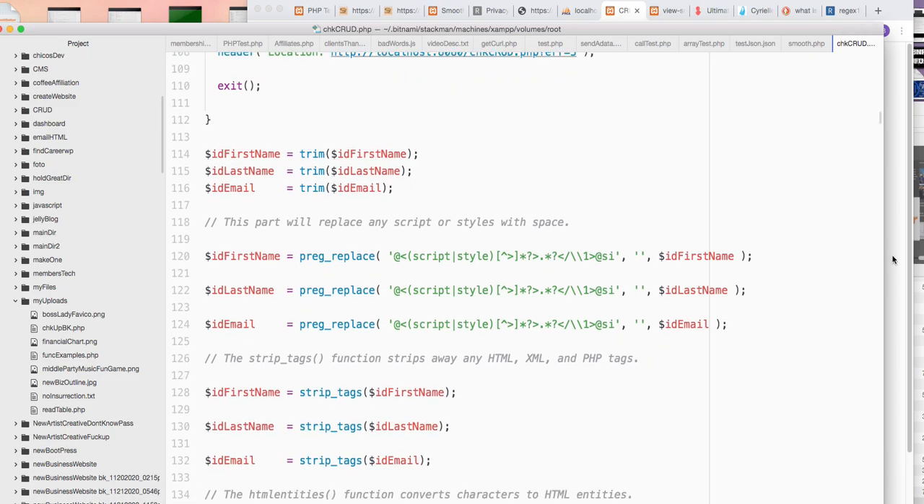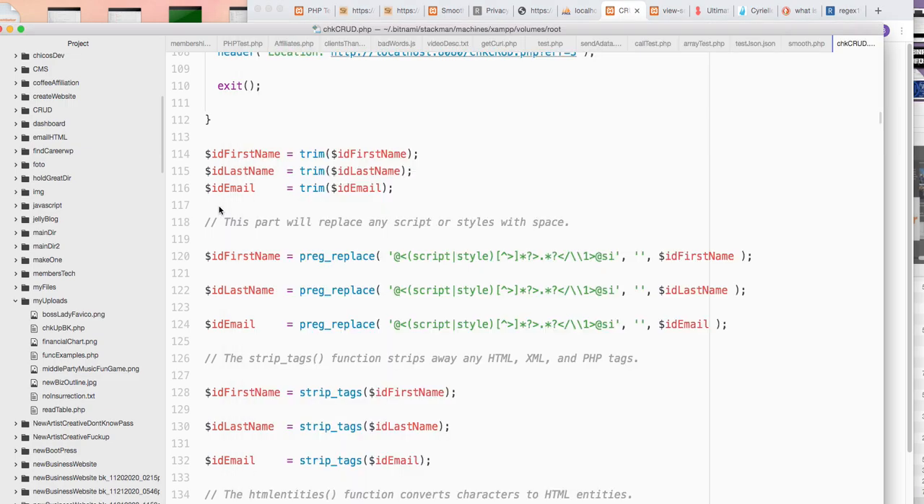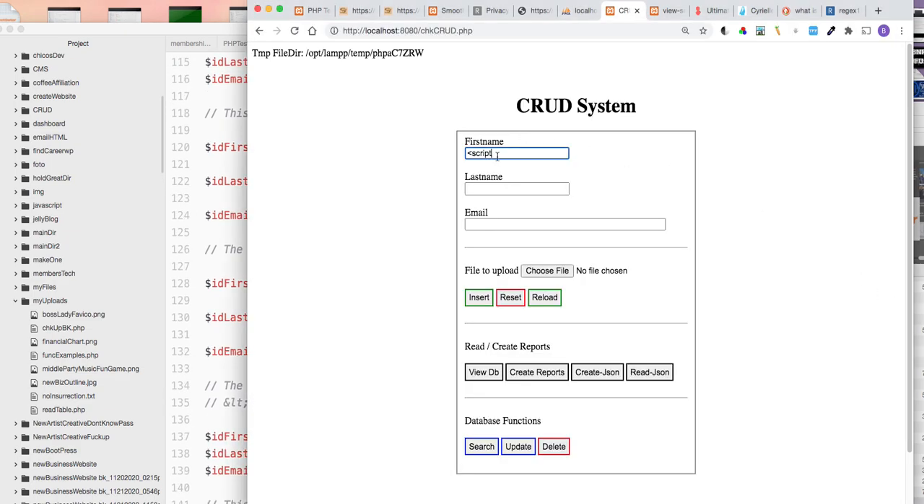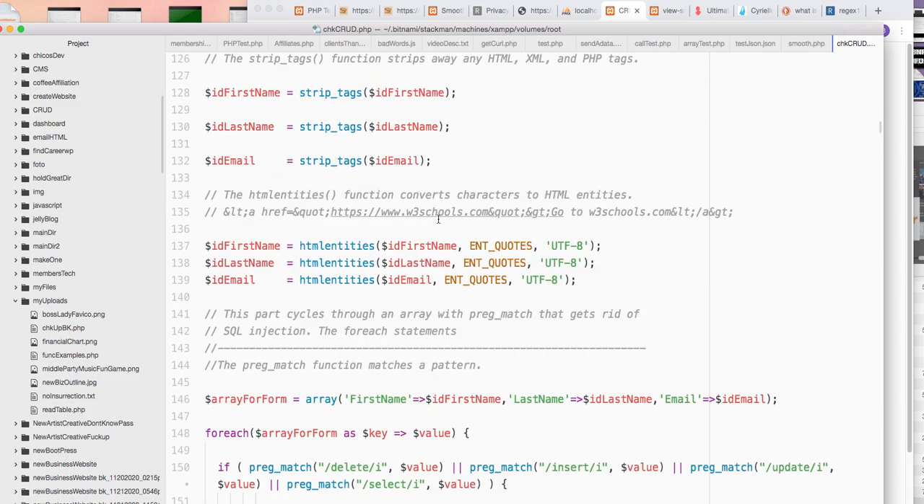Then of course people are vicious, so they'll do something like a script like this to put some JavaScript in it, and this will take it out. It'll zero it out. Then it gets rid of the tags in case somebody puts in HTML tags like H1, those kind of things. Let's get that out. Then it checks for